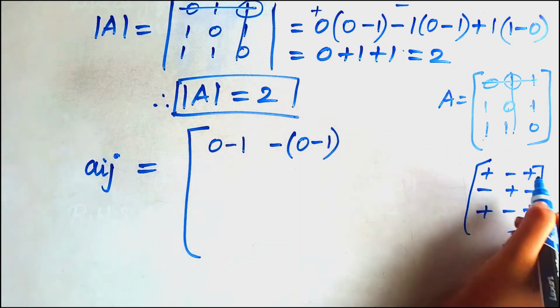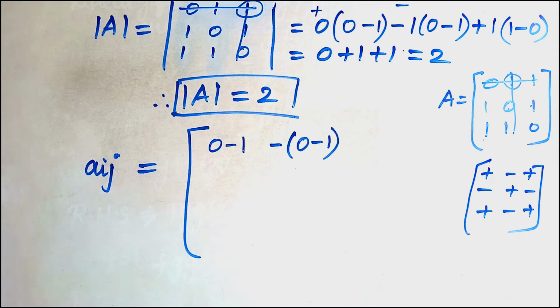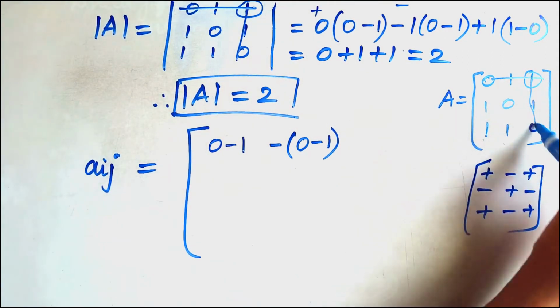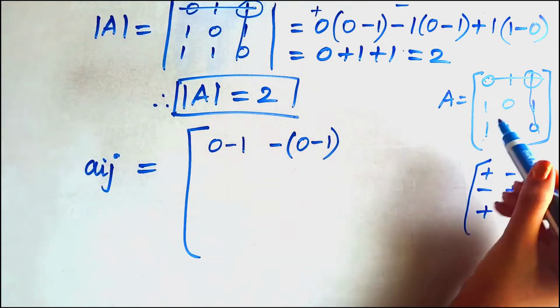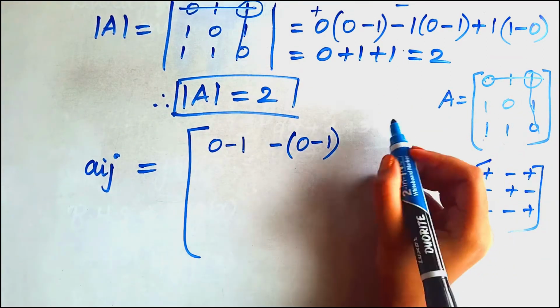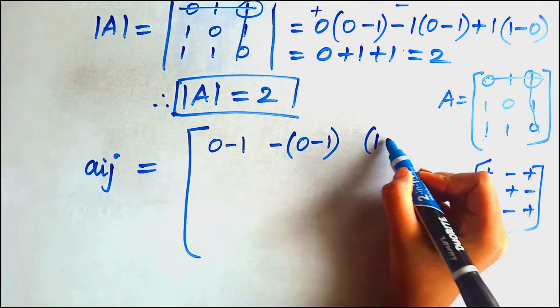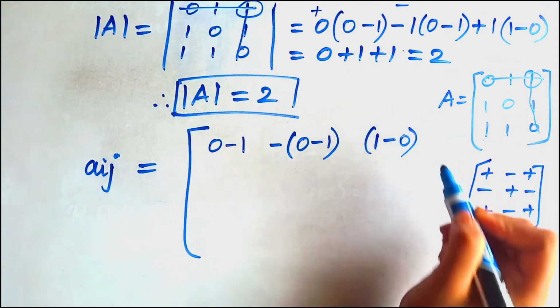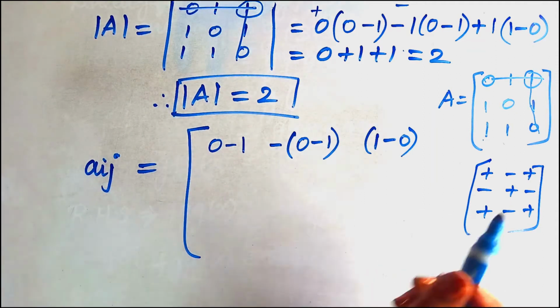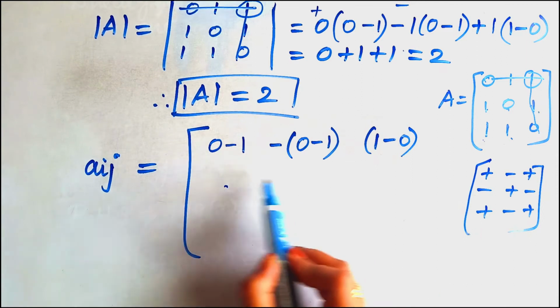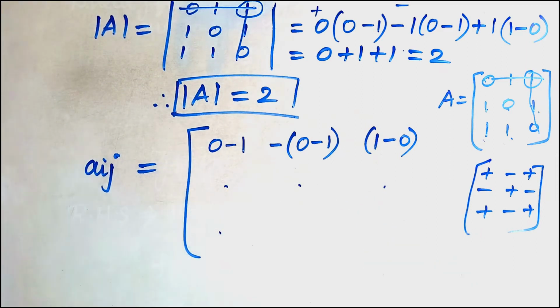Similarly for the third value, it will be a 1 here, and then here you have to cancel both horizontal and vertical values of 1, so that you will get 1 0 1 1, and then you have to cross multiply, we will get 1 into 1 it will be a 1, minus 1 into 0 it will be a 0, right? Now similarly we have to do for every other element of A, so that we will find the values.